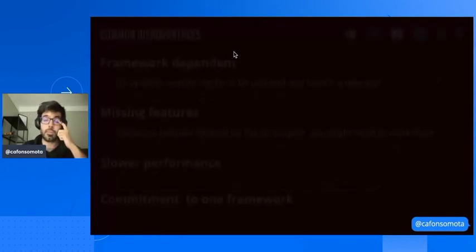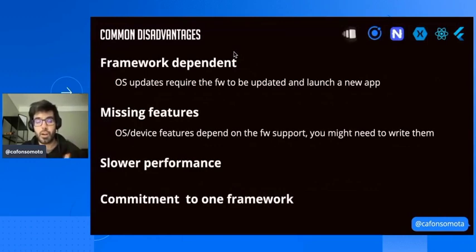Of course, there are common disadvantages to all of them. For instance, you're framework dependent. Imagine, and this happened to me a couple of years ago, there was a huge redesign on iOS, and I had developed one application using one of these frameworks. In iOS, 80% of the users update to the new OS version. So 80% of my users were still seeing an old application because I developed using a framework and the widgets didn't update.